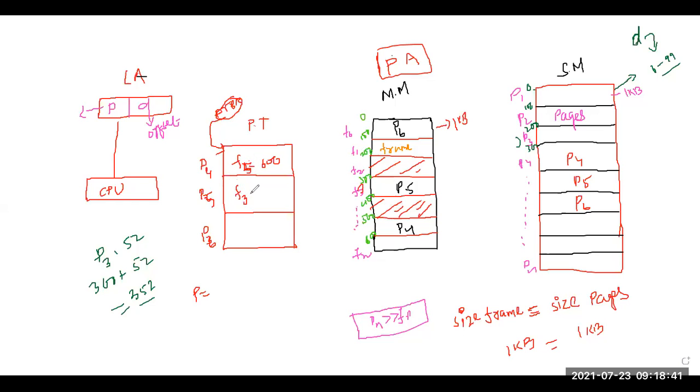Okay. Now it is stored in frame number 3. And what is the base address? Now the base address will be how much? If it is 0, now it will be 100, 200, 300. और इसका कितना होगा? 0, 100, 200, 300, 400, 500. Now this will be 500. Now similarly, page 6 कहाँ store है? Page 6 is stored in frame number 0, and the base address is 0.